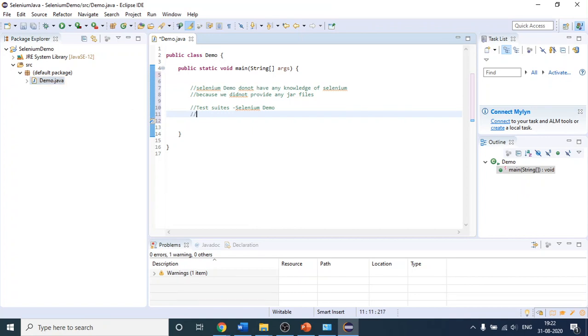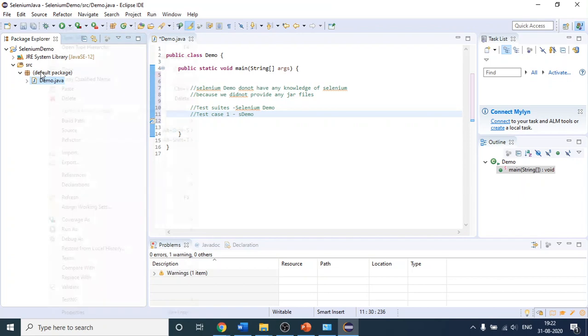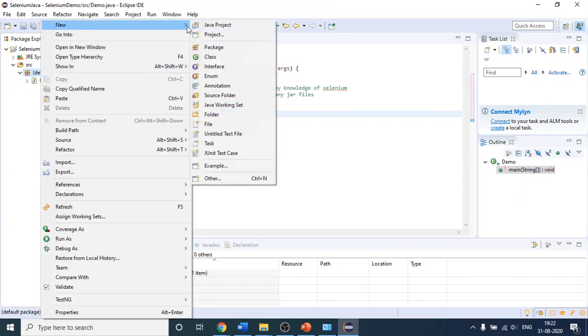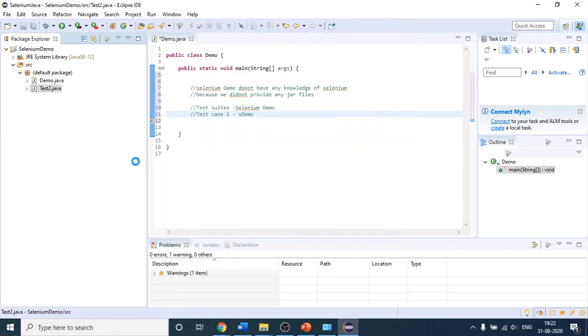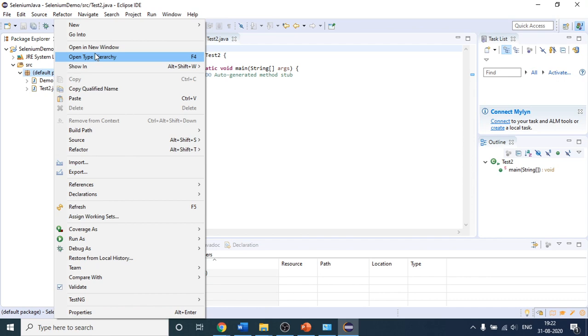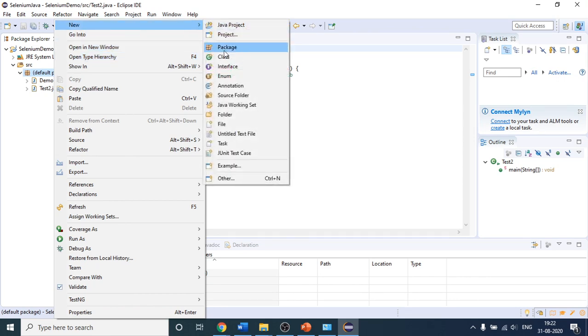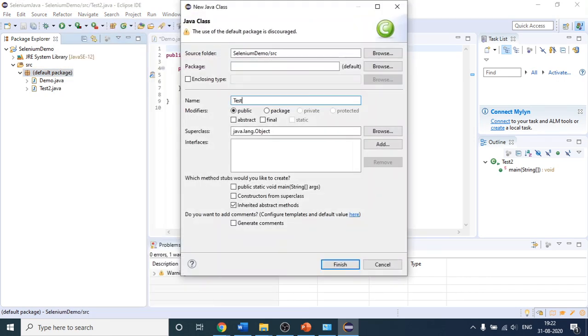Test case 1 we can say is demo. I can create another test as well. I will right click, new class, test 2. This is my second test case. I can also create one more test case, new class, test 3.